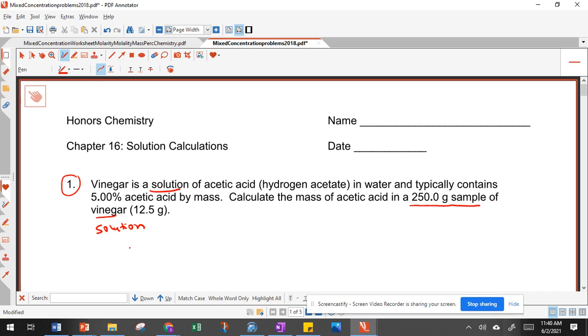So we have again mass percent, and this is going to be of acetic acid. So A is acetic acid. So this is equal to mass of A over mass of our solution times 100. So in this case, we have 5%